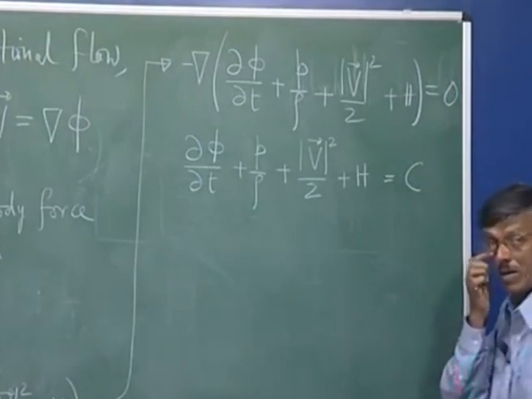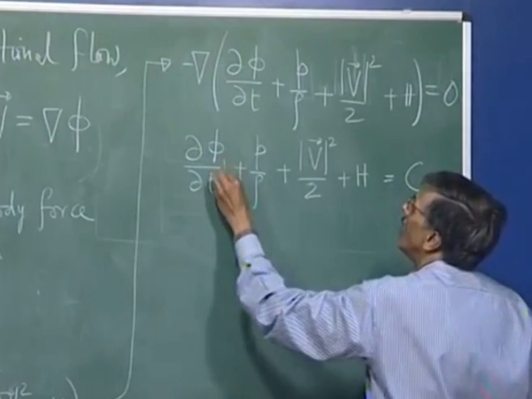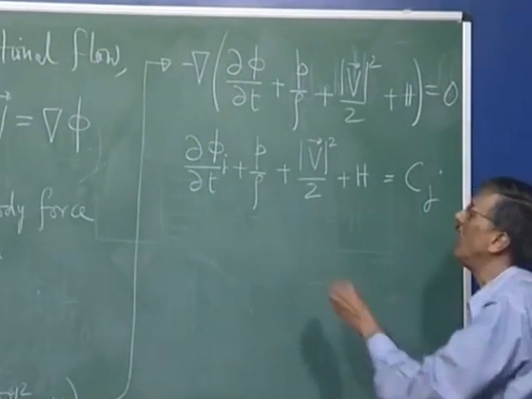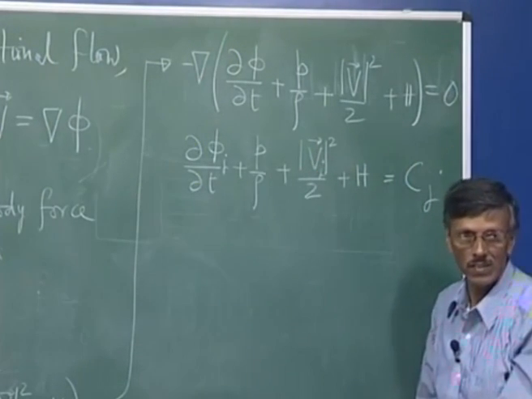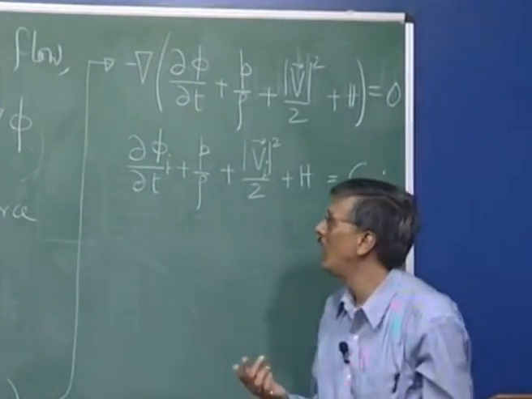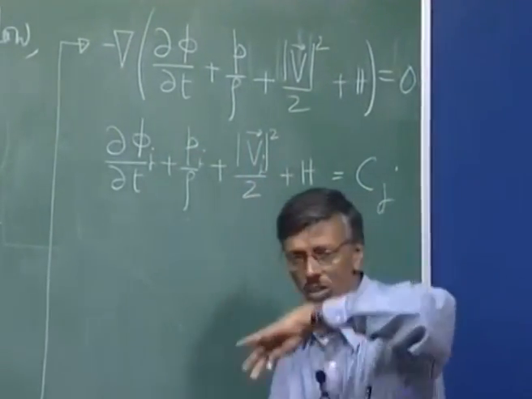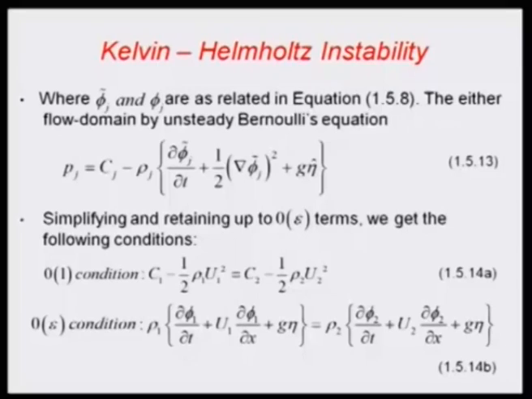Now, because we have two phases, one on top and one at the bottom, I will write this as this, this as this, and this will be the corresponding V j, right. So, if we talk about P j as the pressure on either side of the interface, then we get that. That is what we have written down here, because now you can see the body force is